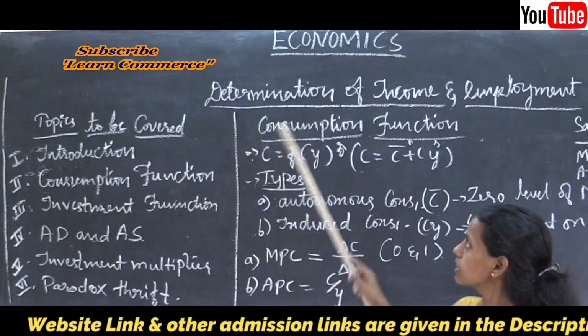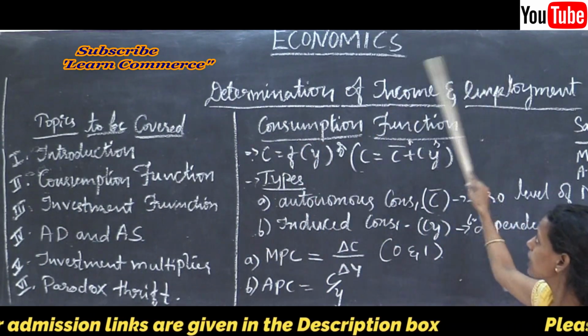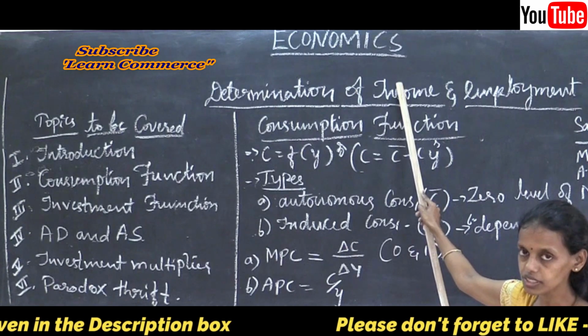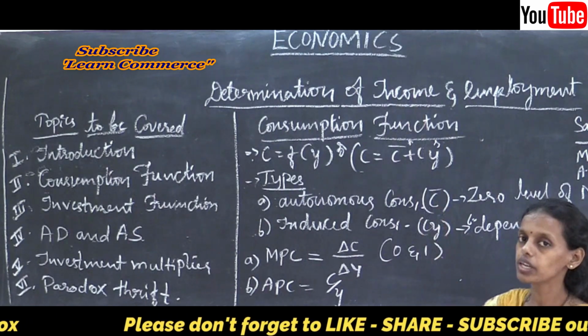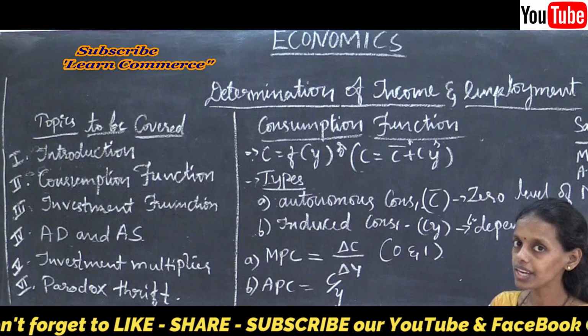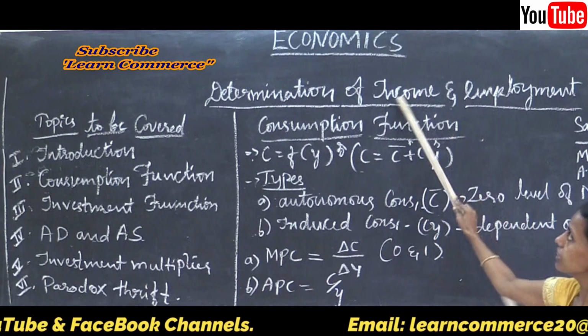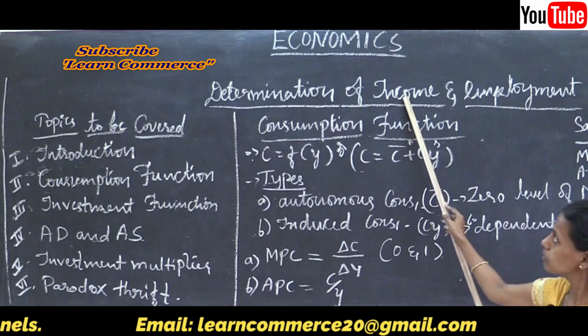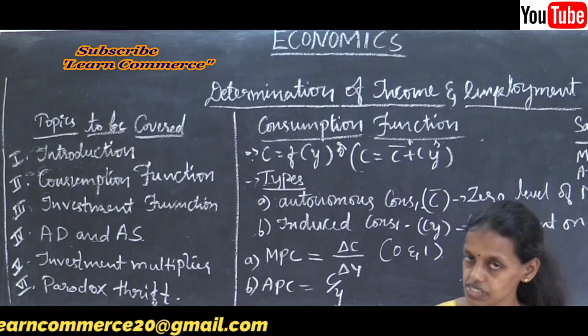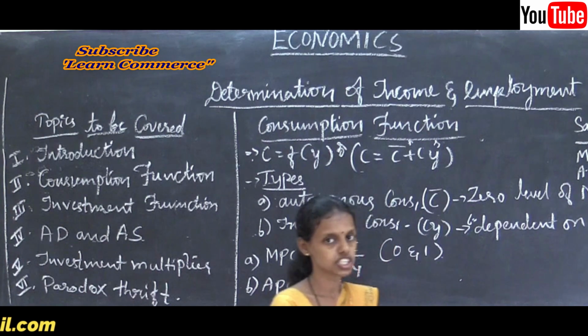So, how is income created? Income is created with the help of employment. If there is work to do, then only one can earn something. Earning something is money. So, if employment is there, then income is there. When individual income increases, that leads to an increase in the nation's income.